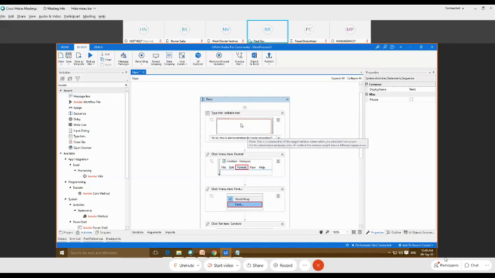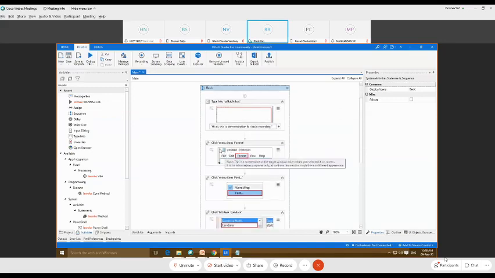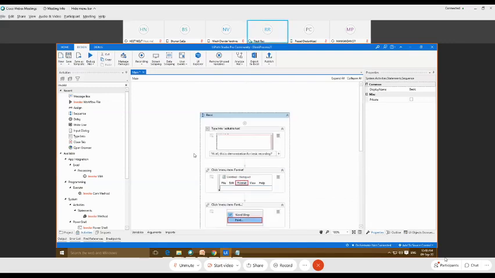The first activity is Type Into editable text. You can see "Hi all, this is demonstration for basic recording." And then what I have done after that, we have clicked on this format. You can see this is the second activity, and then this is third. So first let me debug this, and then we'll try to understand all this one by one. Whatever we have done manually, everything will be done automatically by using this particular basic recording option.